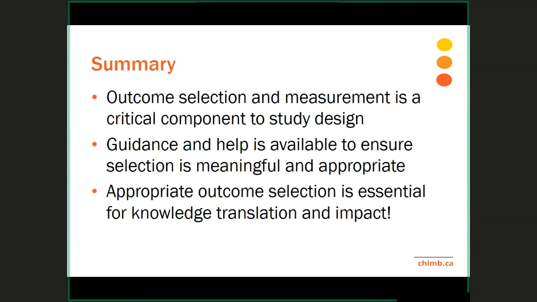So I think I'm wrapping up the last little bit that I wanted to say, which is really that this, and choosing your control arm, are really some of the most important decisions that you're going to make when you're designing a study. And I really advocate for involving multiple people, preferentially outside of just your little clinical treatment team, when you are selecting these outcomes. And I will say from a peer review perspective, it's one of the first topics that will come up for discussion. If that primary outcome is not justified or justifiable, you're not going to get any money